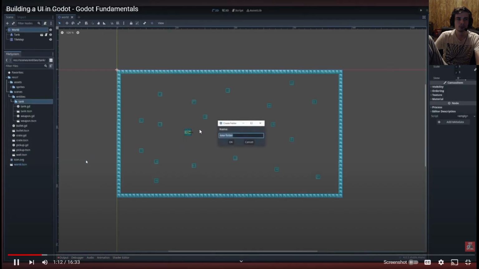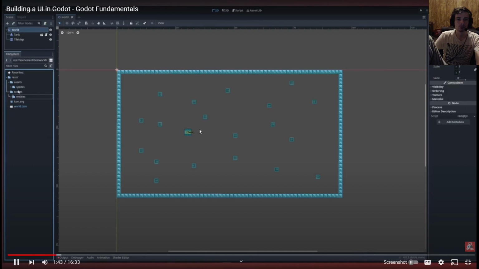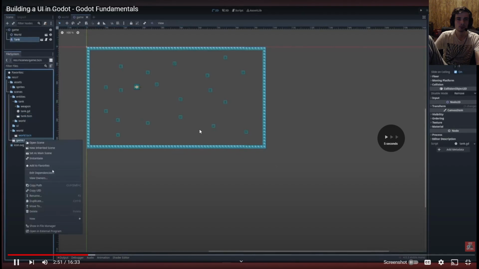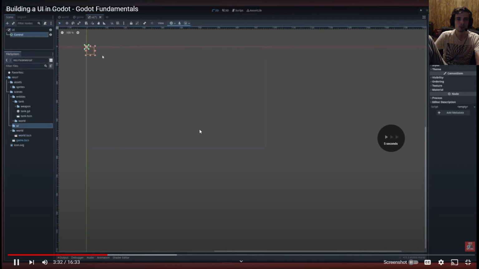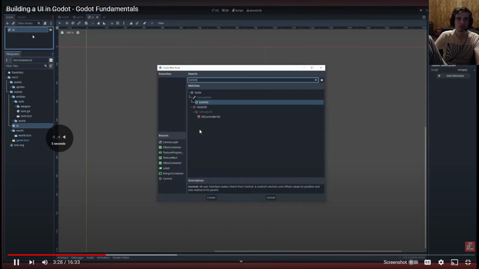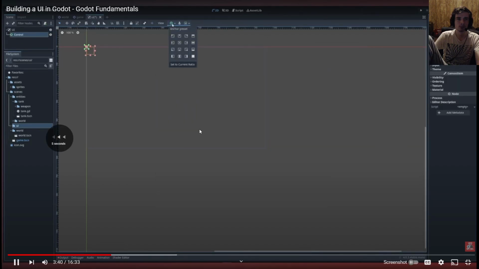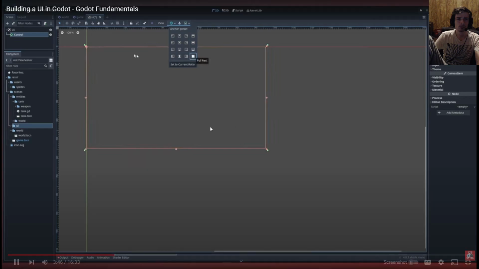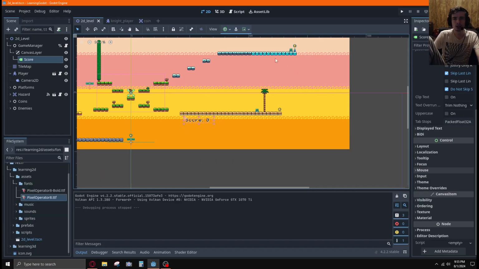Choose folder for the scene and let's pick up UI. Select this control node, and anchor. Select our control node's preferences. We can select this full rectangle mode. You'll notice that when we select